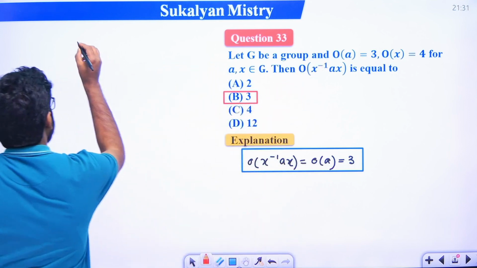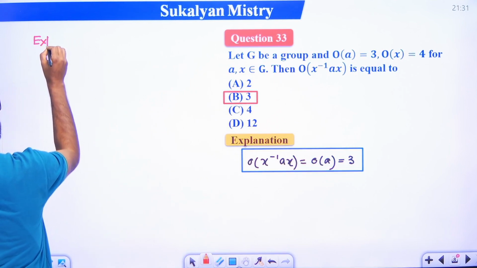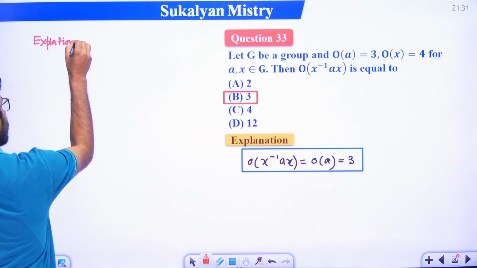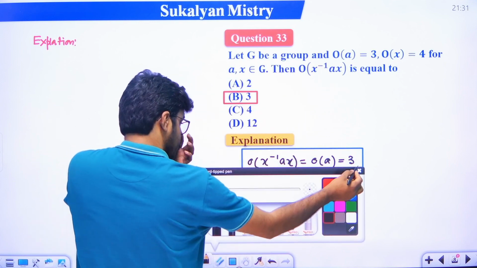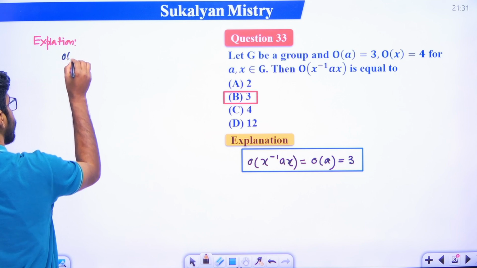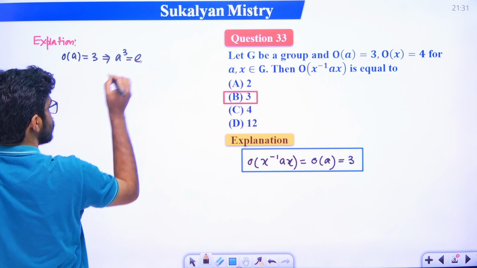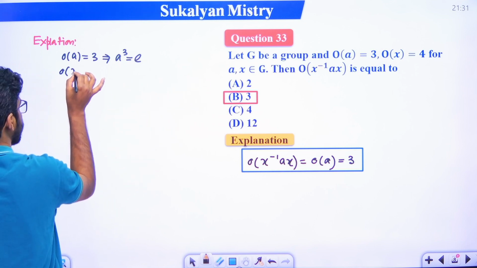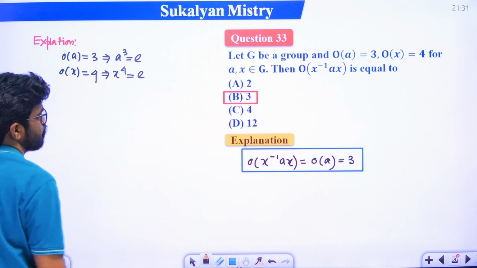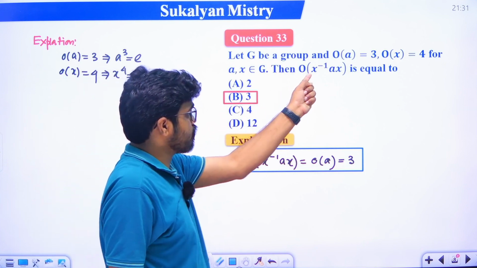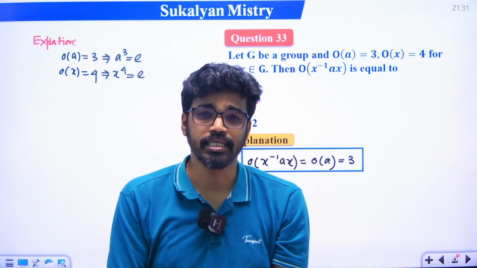What is given here? Here it is given that the order of A is 3, right? Order of A is 3. That means A cube is equal to E. And what is given? Order of X is 4. That means X to the power 4 is E. So what do we have to calculate? The order of X inverse AX. So by multiplying X inverse AX a minimum of how many times will I get the identity element,